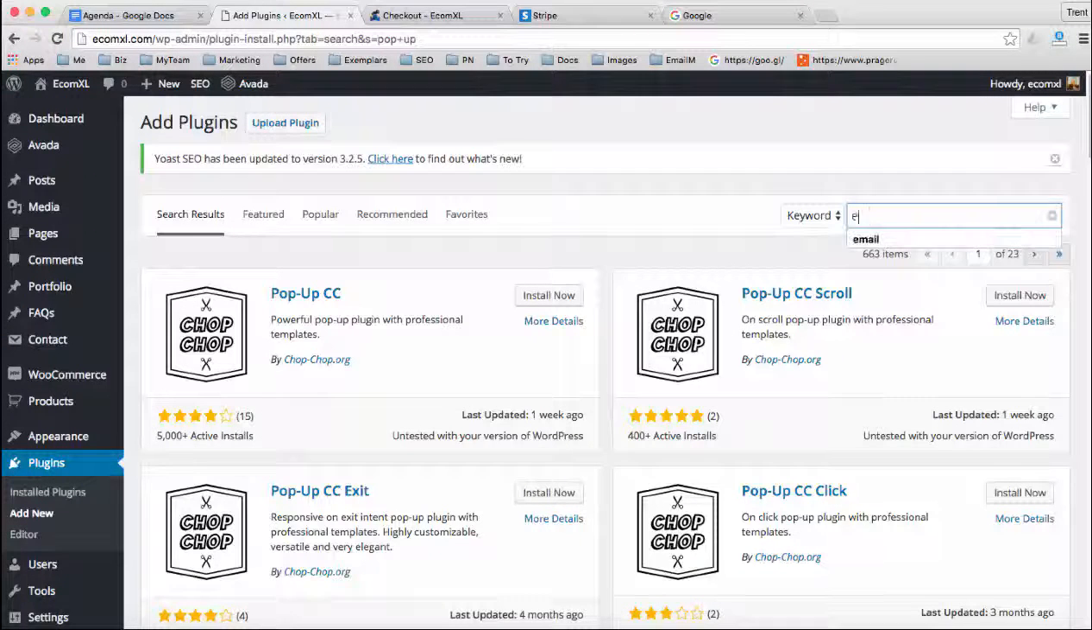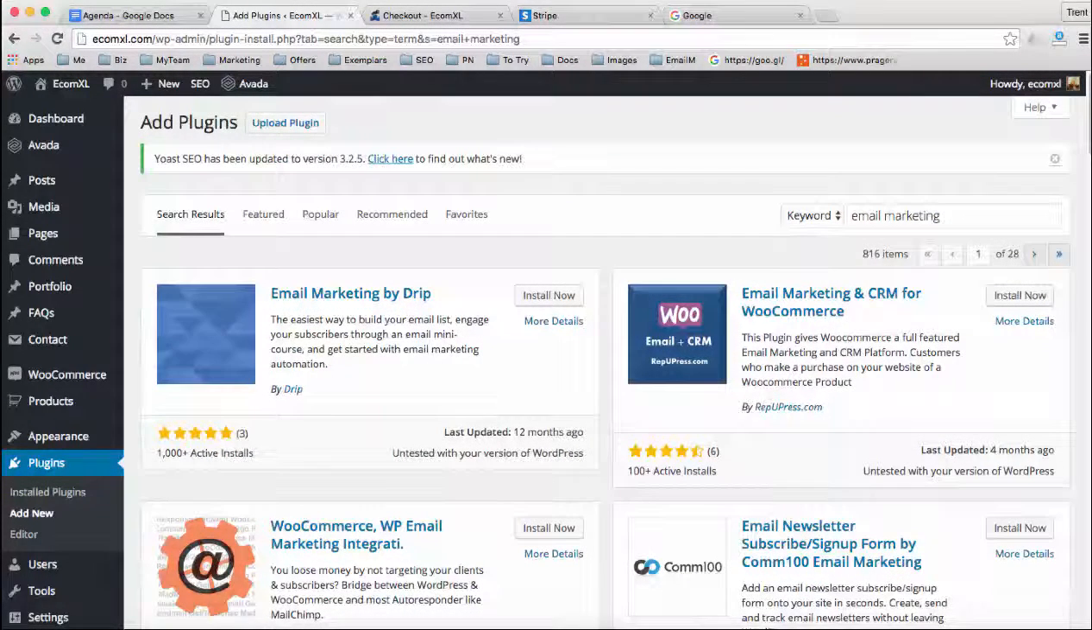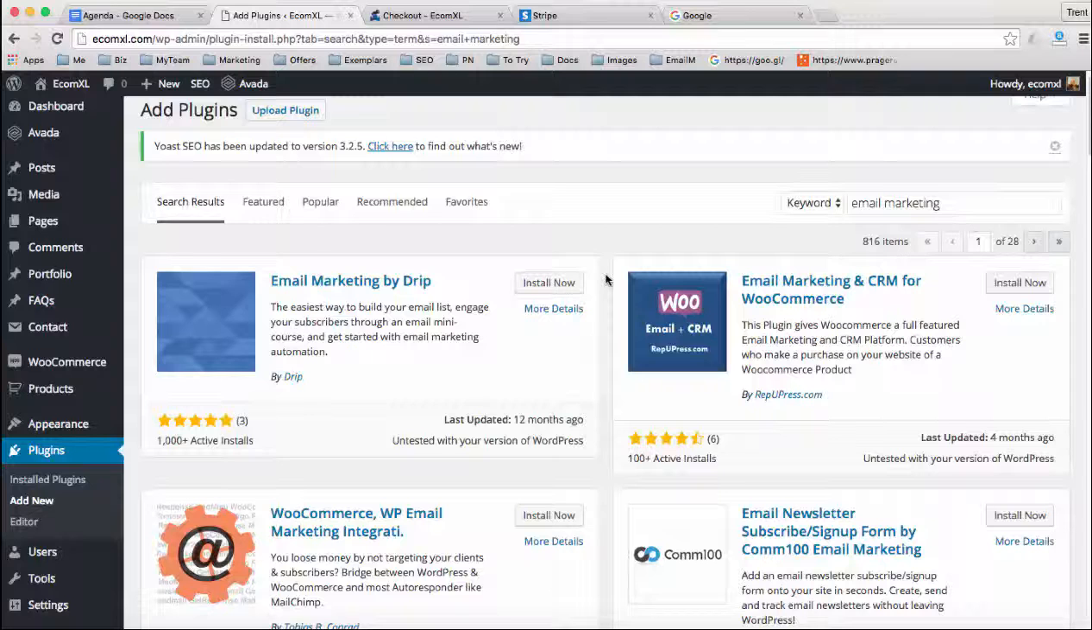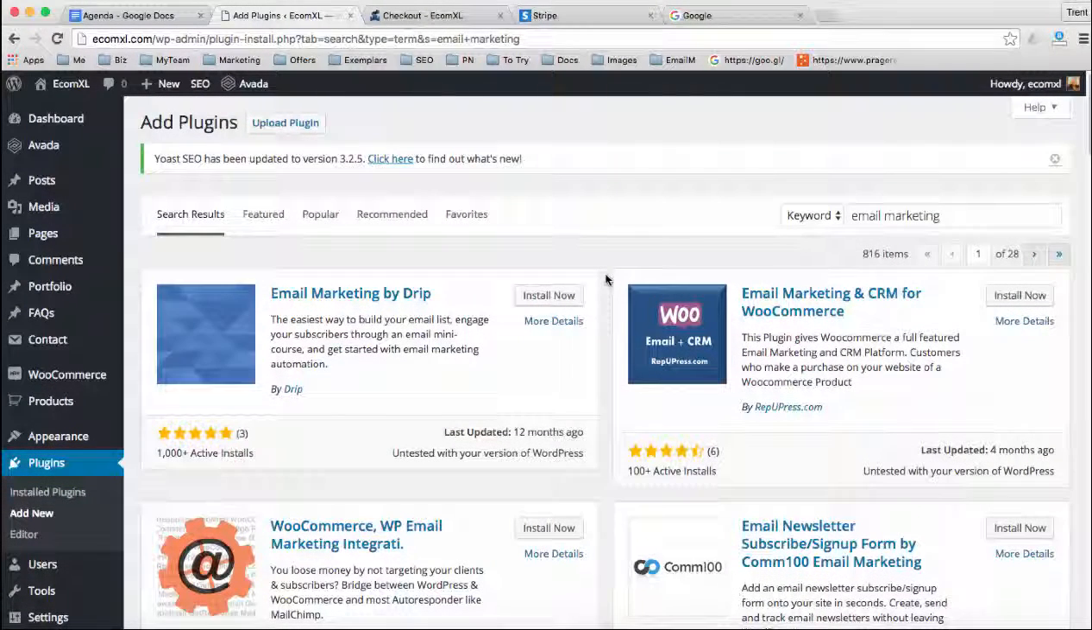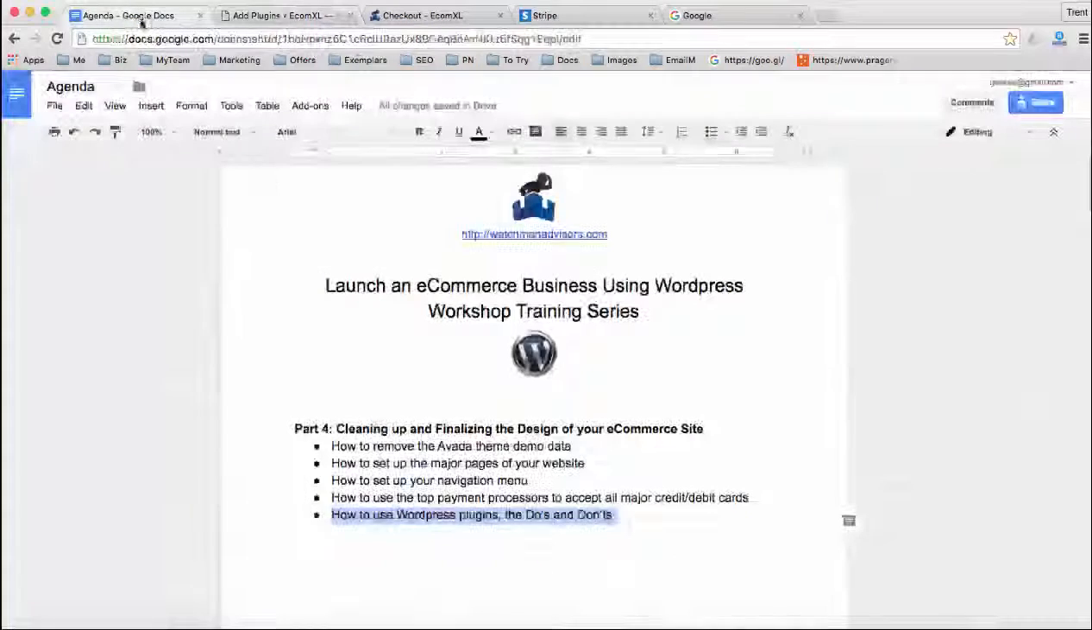You can even type in email marketing, and depending on the email marketing system you're using, such as Aweber or iContact or MailChimp, or the list goes on and on, there's usually going to be a plugin that allows you to integrate your email marketing system with your email marketing platform. Okay, so that pretty much wraps up the fourth training here for today on how to build your e-commerce